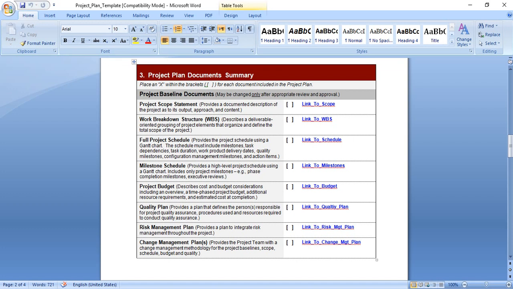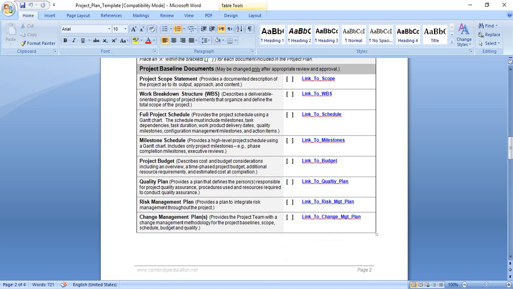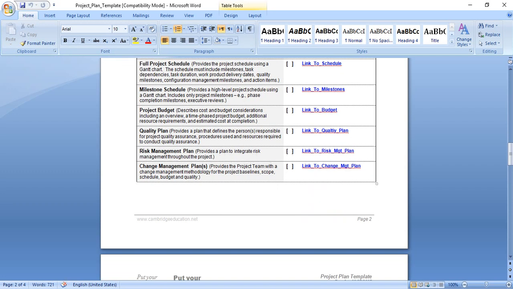Full project schedule. Provide the project schedule using a Gantt chart. The schedule must include milestones, task dependencies, task duration, work product delivery dates, quality milestone configuration. Milestone schedule: provide a high-level project schedule using a Gantt chart, including only project milestones, not all the activities with the milestones, for example, phase completion milestone, executive review. Project budget, and this